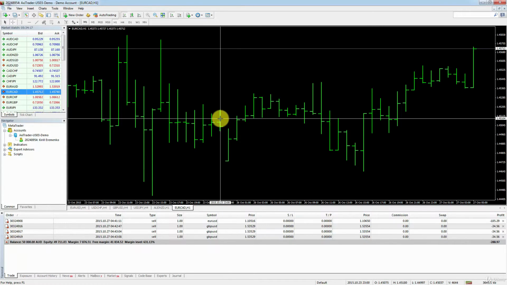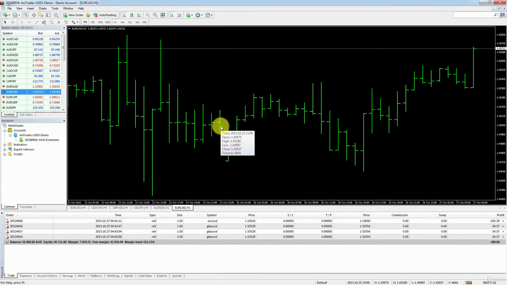Well, if you put your mouse over this chart, I'll show you how to do that in a second, you will see that the time here is 23rd of October. And here, if you put your mouse over this bar, you'll see it's 26th of October. So that means that this was a weekend. So 24th, 25th were Saturday and Sunday. And this is normal to happen at the start of the week, on a Monday,